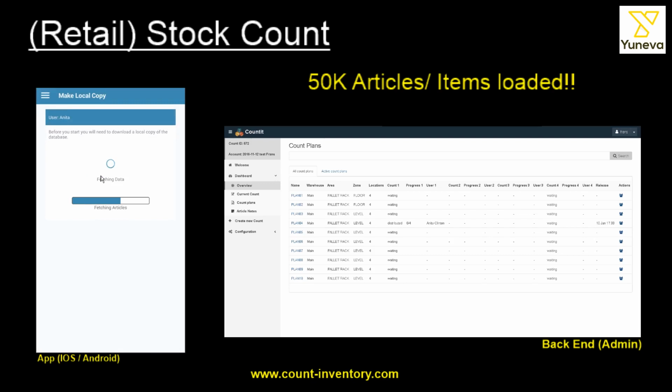Other things in this is that I'm currently working on the left hand side, which is the app on your device at that time. So you could use a tablet or a phone. As I said, it's both iOS and Android supported. There's no additional investment needed, but you can of course always think about adding certain scanners, Bluetooth scanners. We have a couple of ideas about that as well, if you want to do it quicker